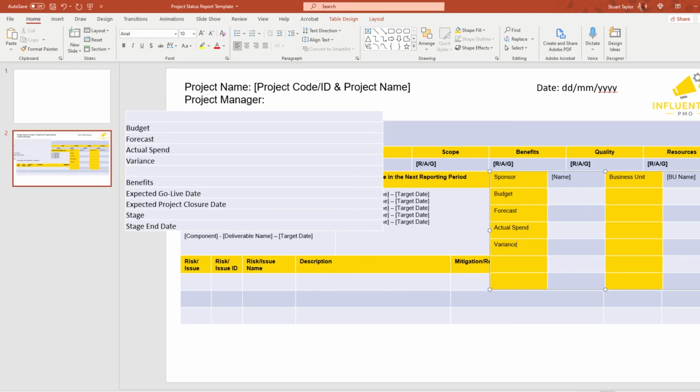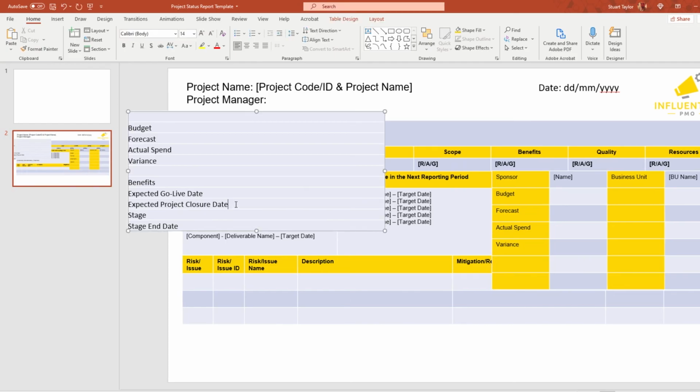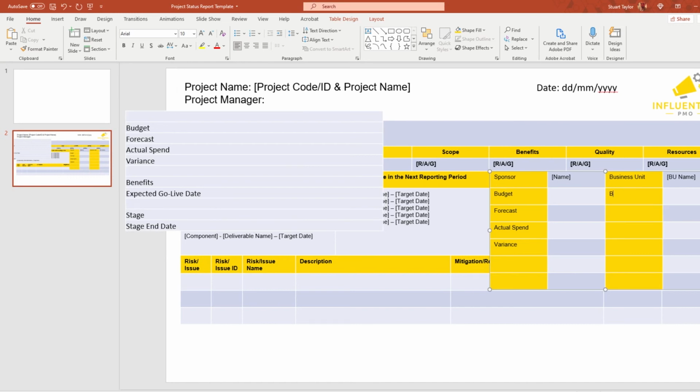Okay, I'm going to be honest here, not too many people are interested in the project closure date. They prefer to know when the go live date is. So I'm going to get rid of the closure date for this report, and I'm going to focus instead on putting the benefits in here,